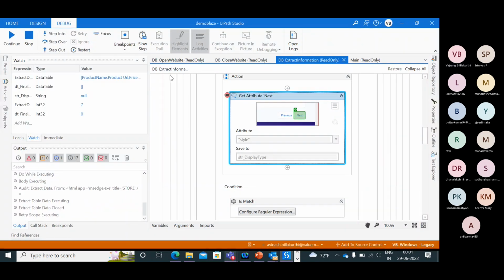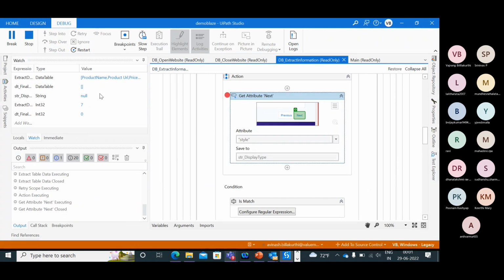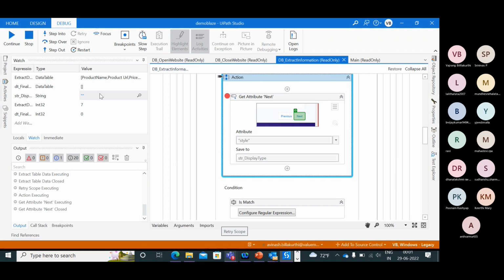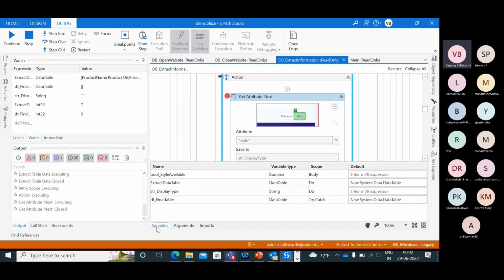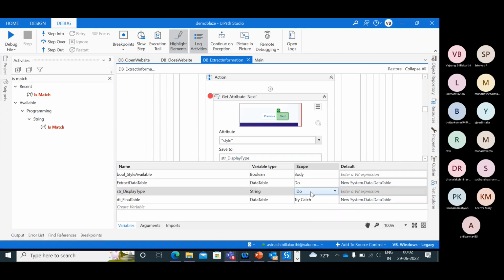Get attribute, step into. Is it not coming in properties, variables, extract table, string display type, display block? This is correct. Let's try to change this one. String display type, try catch.